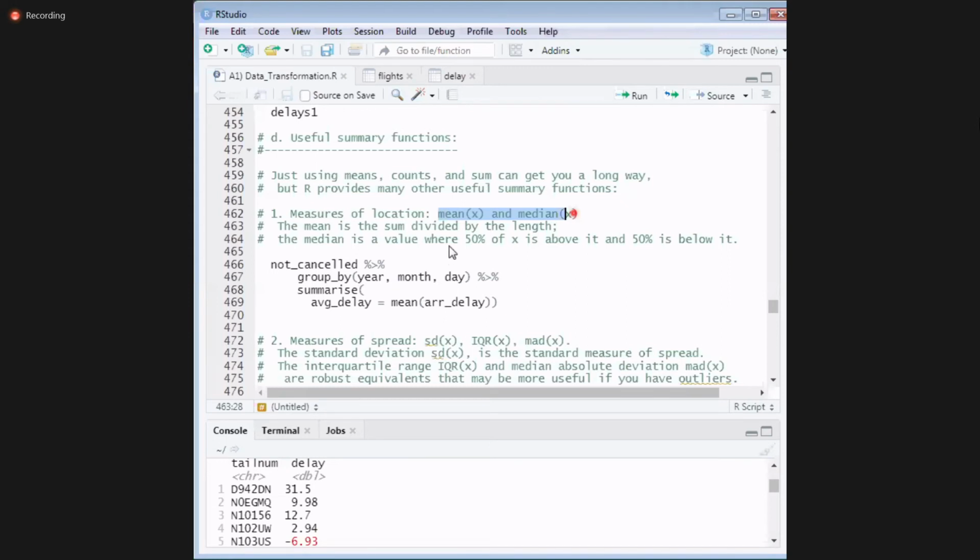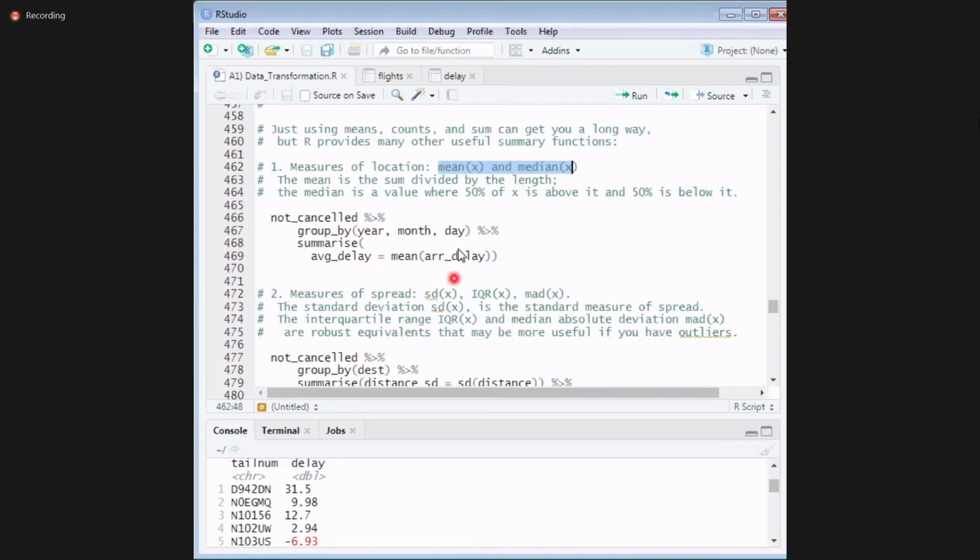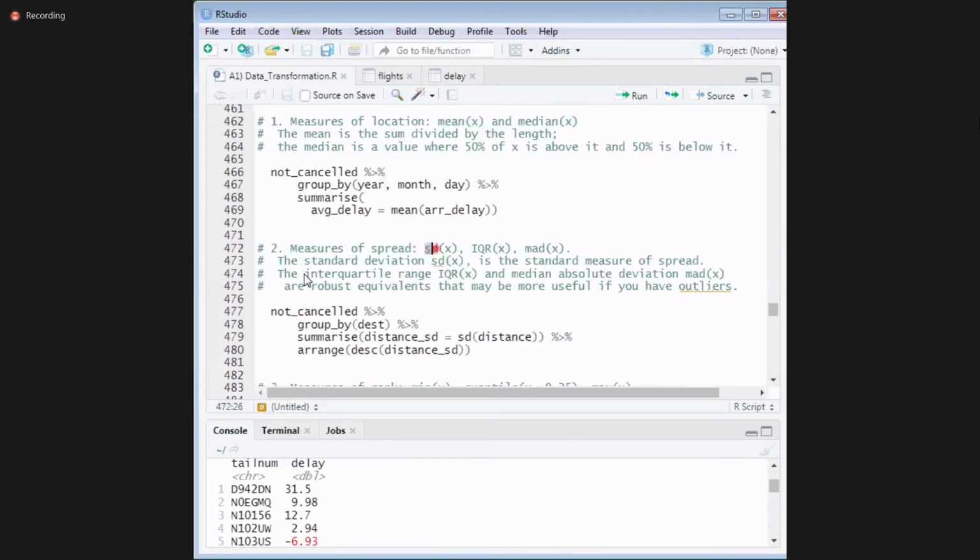For measures of spread, it can be standard deviation, interquartile range, or mean absolute deviation. These functions are very simple. You can directly call them as sd, IQR, or MAD for median.